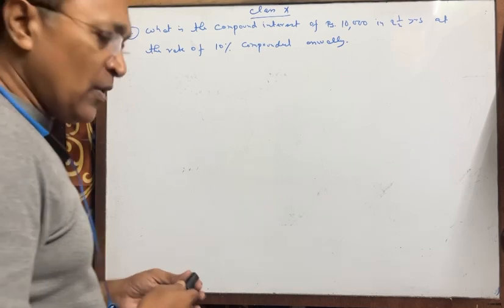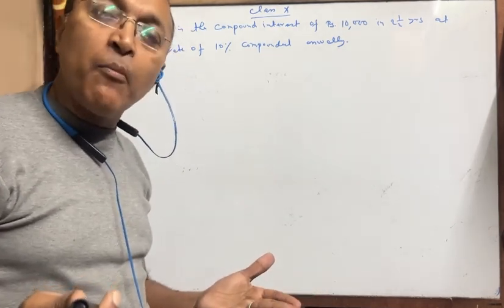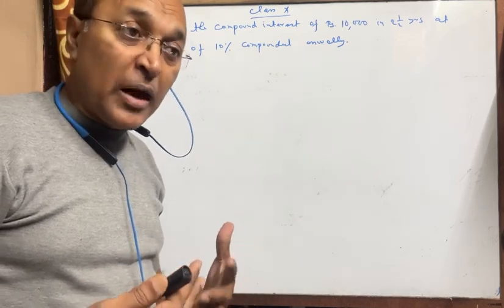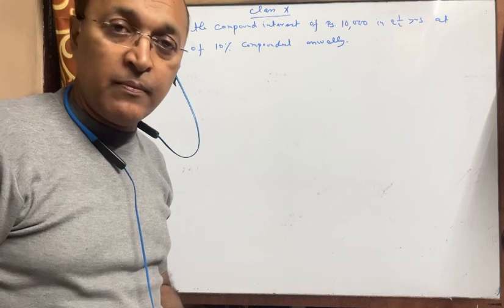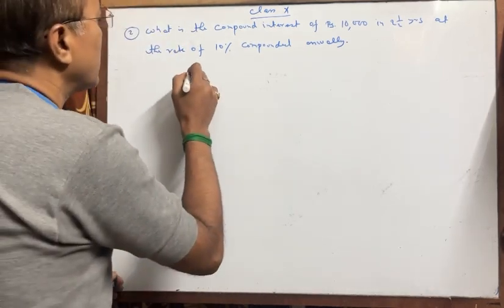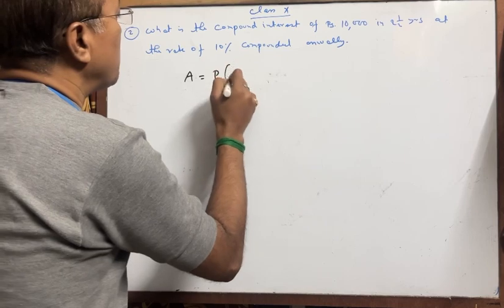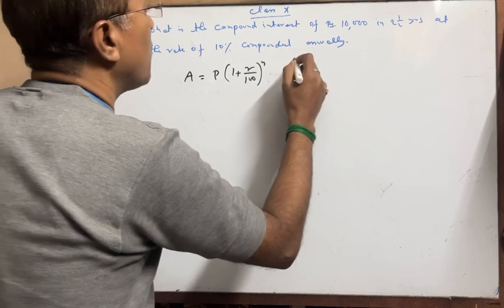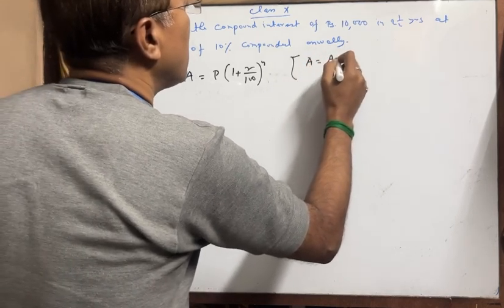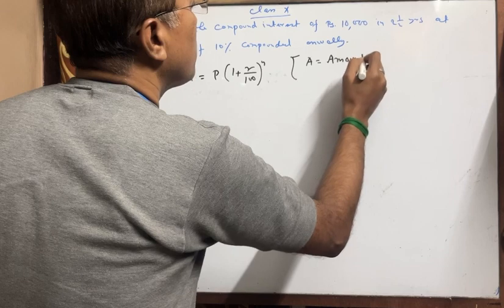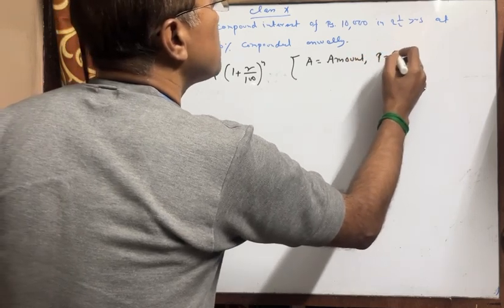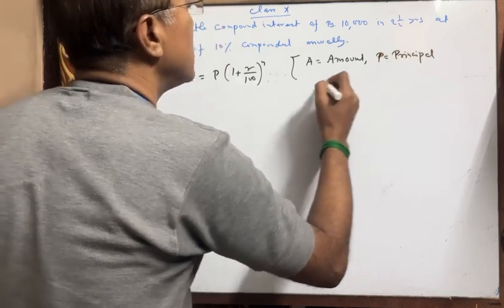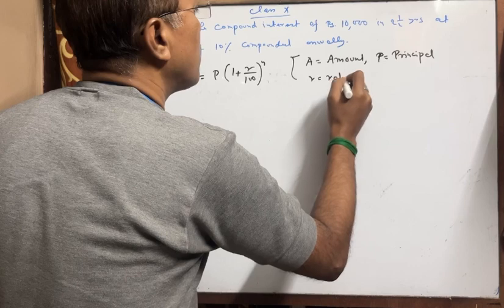Just see what is given. All of you know the formula of compound interest. There is only one formula, by implementing which you can find the amount. You know the formula: A is equal to P into (1 plus R by 100) whole to the power n, where A is the amount, P is the principal, the amount deposited, R is the rate of interest,